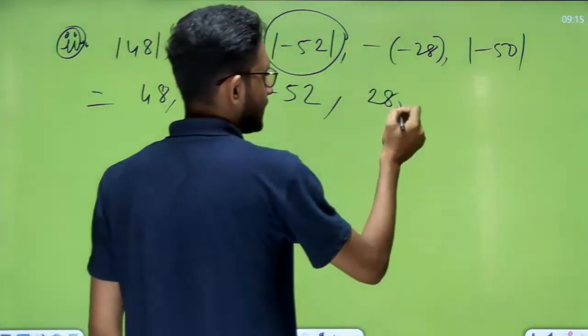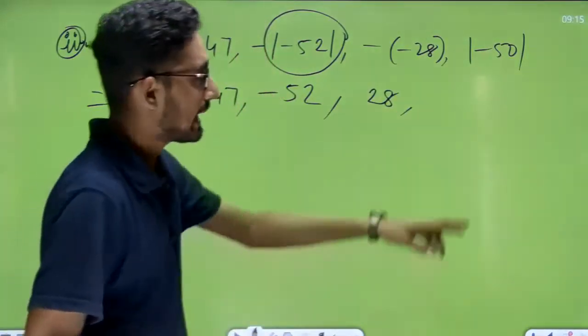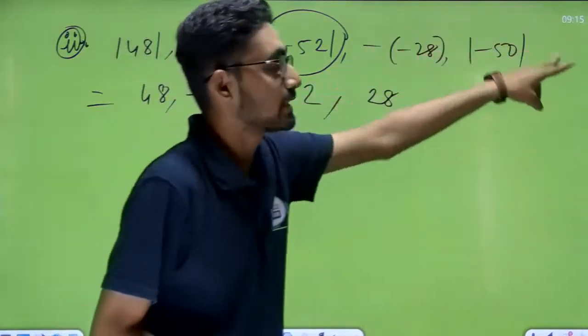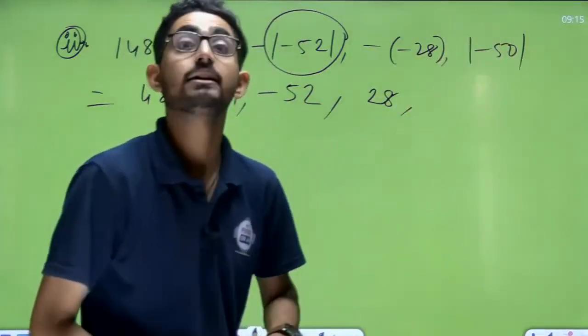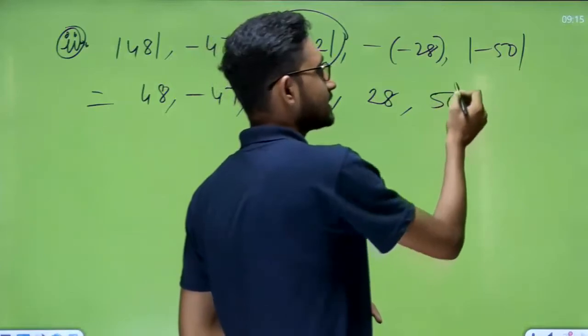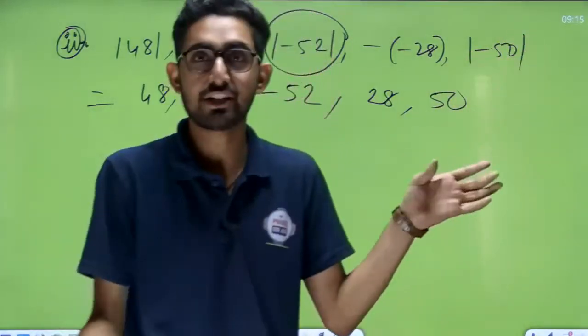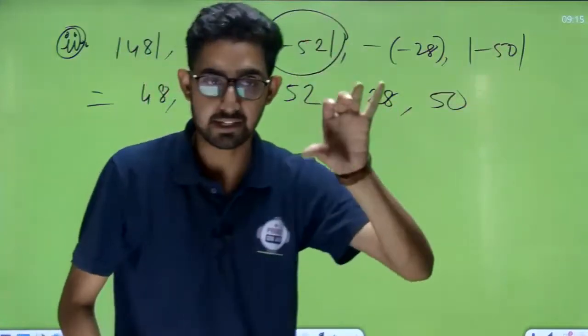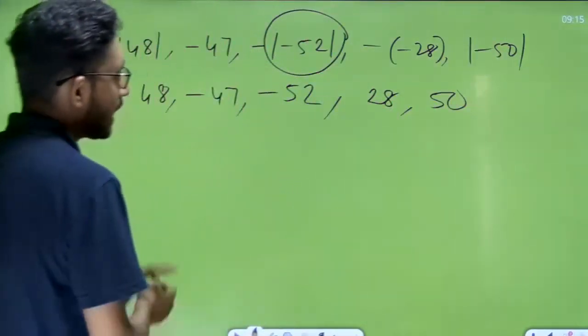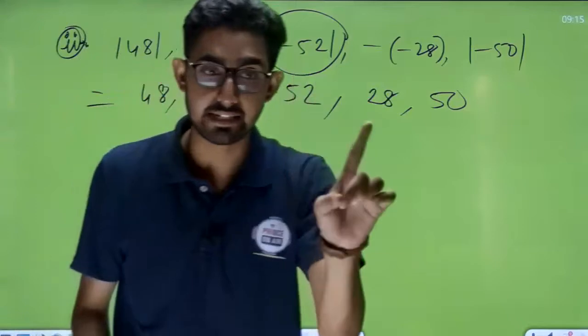So plus का 28. And at last this is mod minus 50. And we know what is the value of mod minus 50? 50 only, because this is a machine. This is the machine. In this machine, if I put any value, it will always give the result 50. Understood? Okay. Now we have to solve according to the descending order.